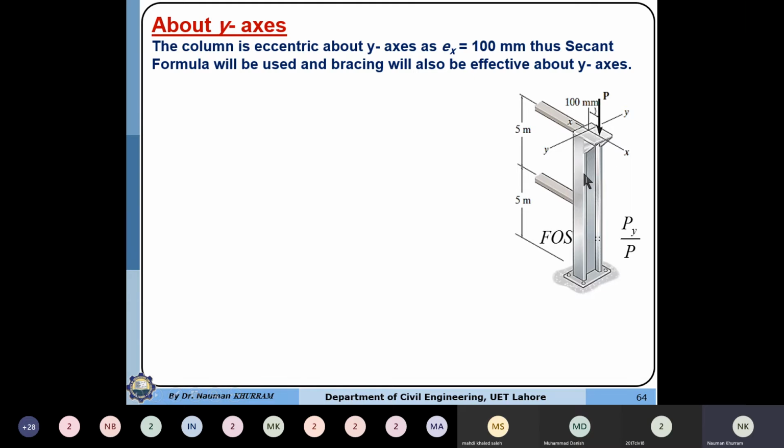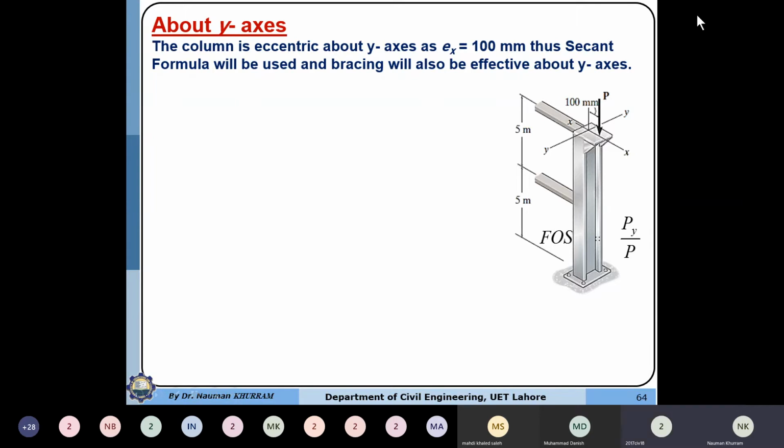It means that this value is the width of the flange, because this is the depth. So this axis is passing through the midpoint of the flange. So Cx will be half of the Bf value. The neutral axis lies exactly in the center of the web. So Cx will be equal to half of the flange, the distance from the middle of the web to the extreme fiber. That's why this is Bf by 2.